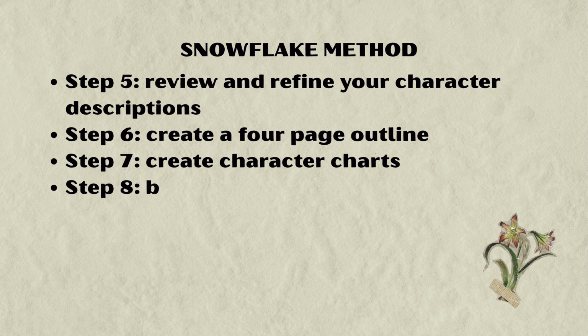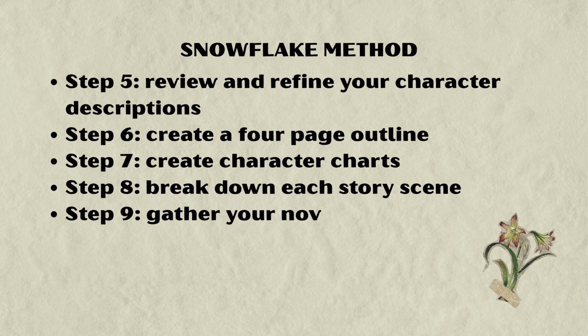Next, break down each story scene to understand how each scene moves the story and each character throughout the novel. Then, gather your novel chapter list. I did this in Google Sheets by writing an outline of a chapter at a time. It's become an iterative process where I draft using the chapter outline, then move on to the next chapter and outline based on what happened in the previous chapter. It's helped me be more engaged in the creative process and actually see progress.